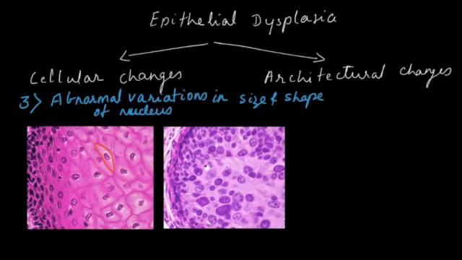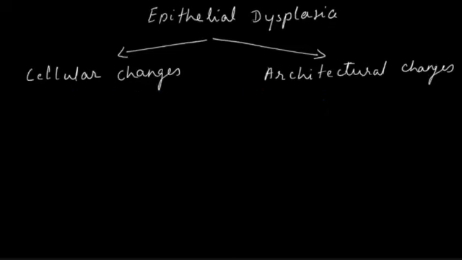Here is a group of cells. Orange is the outline of the cells, and the green circles are the nuclei, which are of uniform size and shape, that is normal epithelium. Here the nuclear outlines are of different sizes and shapes, and this is in the dysplastic epithelium. This is basically anisonucleosis and nuclear pleomorphism.